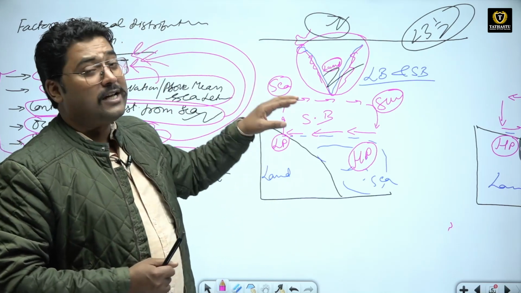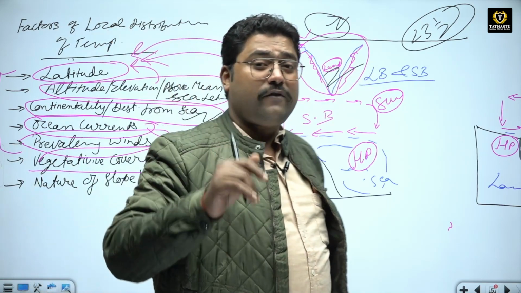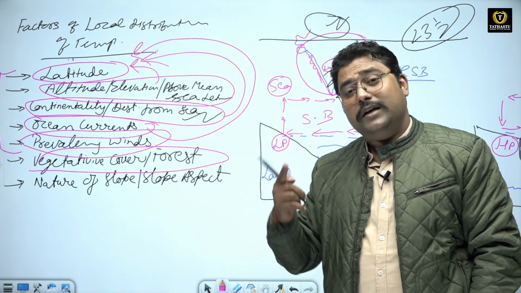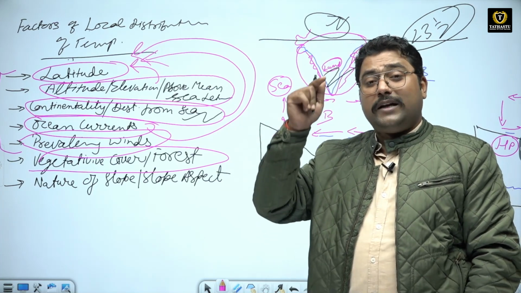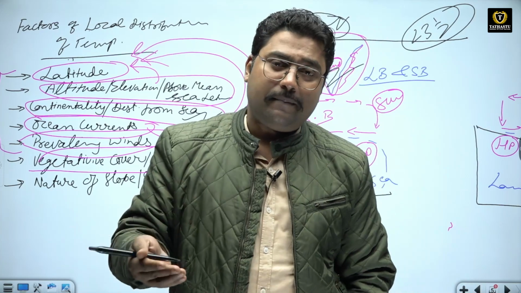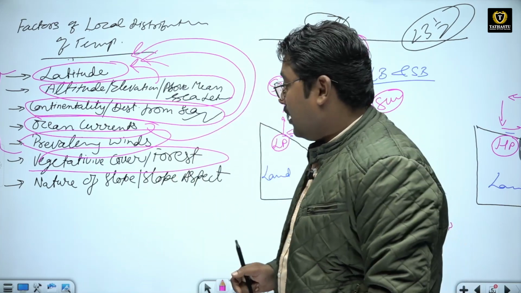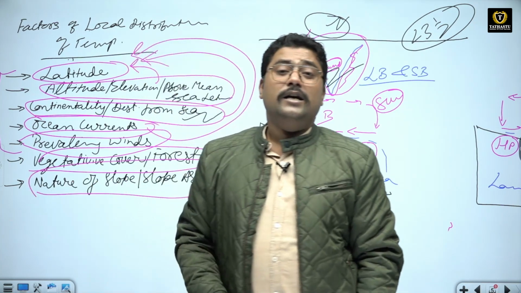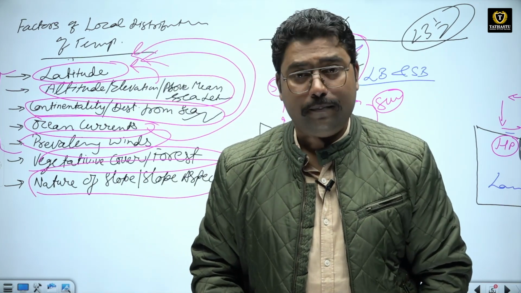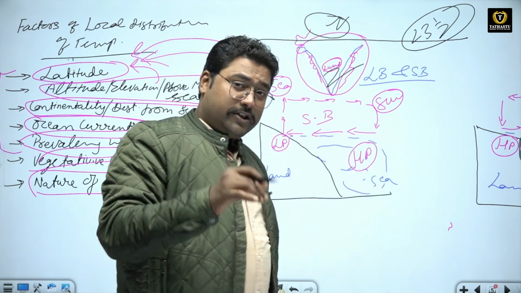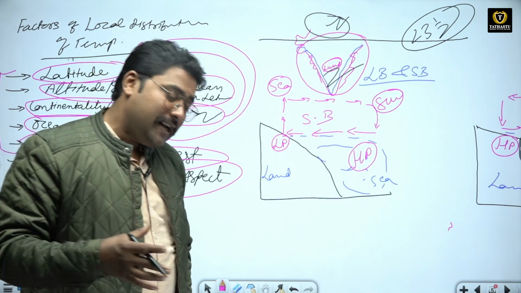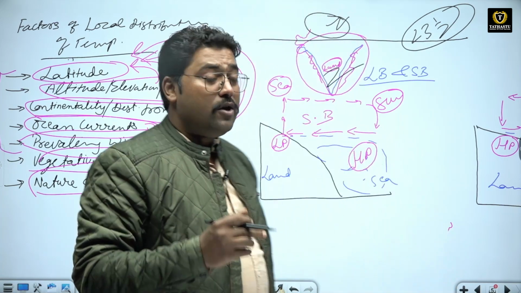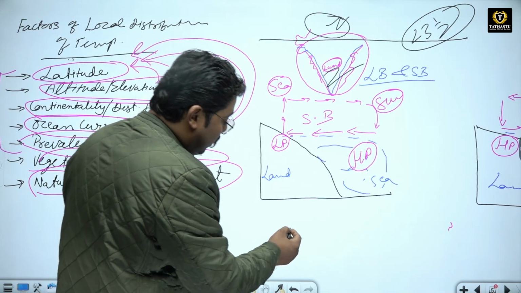It means if the places are located in the torrid zone but have more vegetative cover, the temperature will be less and the moisture will be more. But if you are not in the tropics, and there is no vegetative cover, the temperature will be high. And the last aspect is the nature of slope, or basically the sun facing slope. The question comes, which slope of the northern hemisphere mountains is going to face the sun and have more vegetative cover? So basically, the northern slopes,